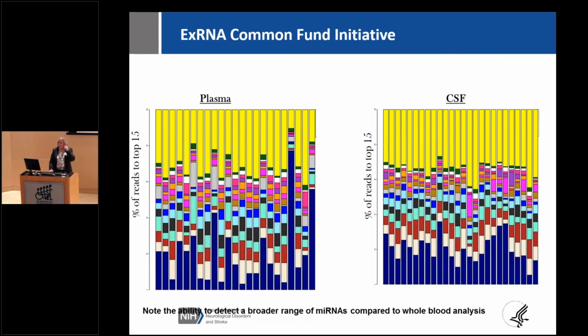So I wanted to mention the Extracellular RNA Common Fund Initiative because, since we're interested in signatures for people with neurological disorders, it has done some really interesting things in using CSF and plasma to look at what the extracellular RNA species are in those biosamples. And one of the interesting things, unlike the whole transcriptome, where you're going to get a lot of messenger RNA, in the CSF and plasma we tend to get more of the regulatory RNAs,